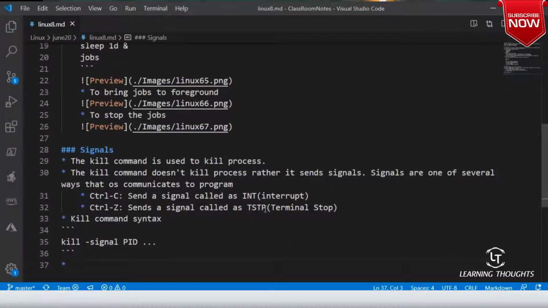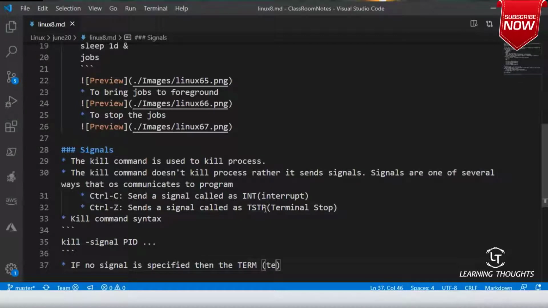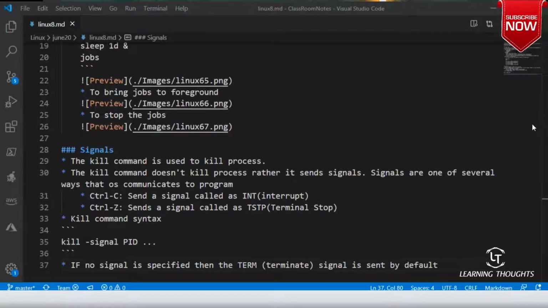If no signal is specified, then the terminate signal is sent by default. So whenever you do kill, kill is not killing the processes. Kill is trying to send the terminate signal.